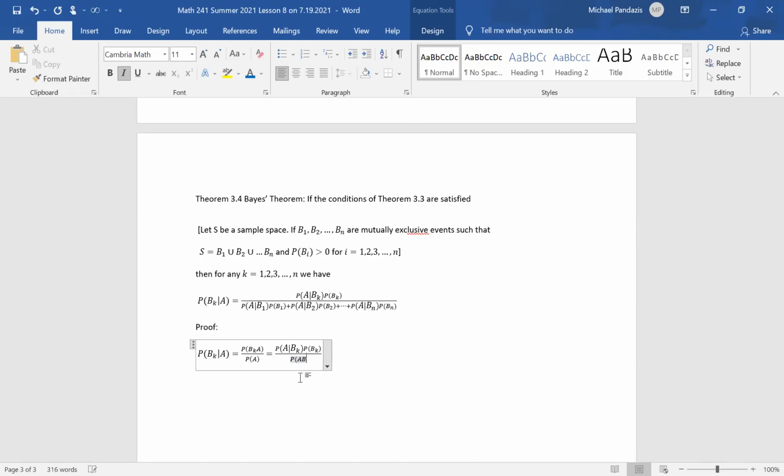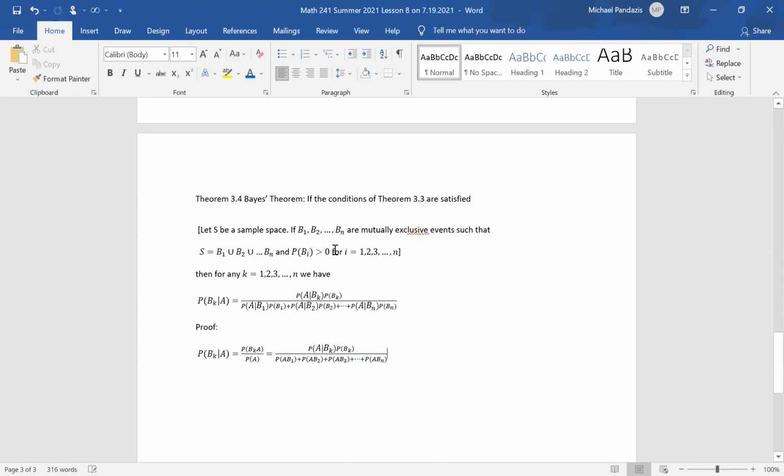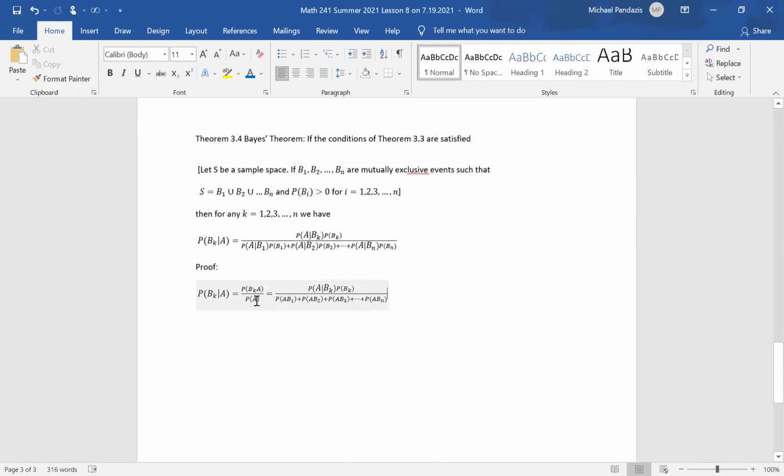And then the denominator, the probability of A is equal to the probability of A B1 plus the probability of A B2 plus the probability of A B3 plus dot dot dot plus the probability of A Bn, right? The union of all the B's is S and they're mutually exclusive. And we said before that then the probability of A is equal to the sum of these probabilities, right? Well, then